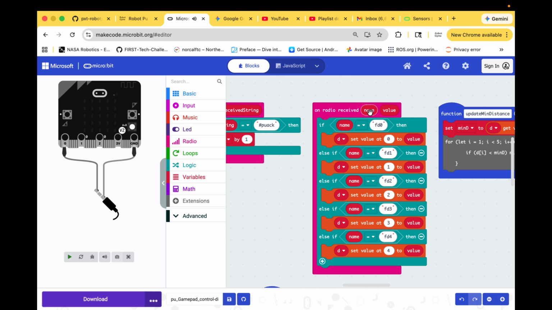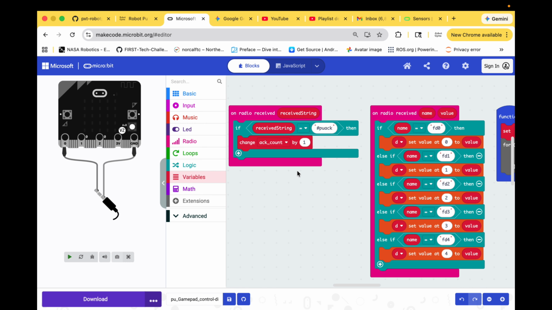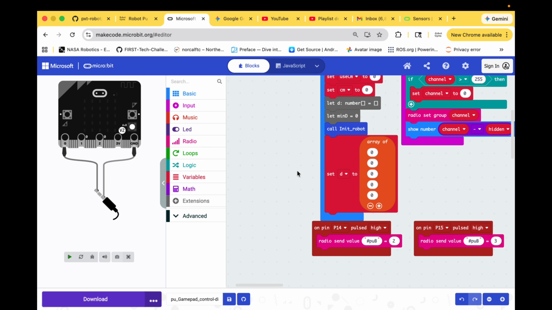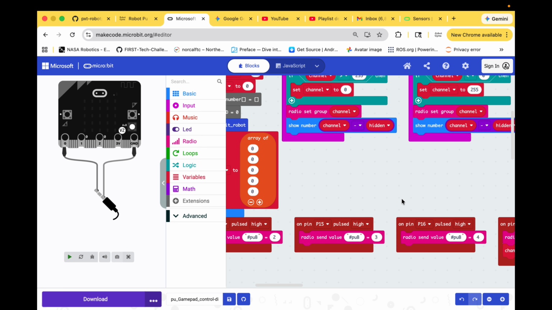Okay, so because in Robot Pew we send out a variable name fd0 followed by the value, when we receive this name and value pair, we assign it. Here we also create a variable called d. How do we declare it? The d is an array of 5 values, where each value is going to be shown at each column of the Gamepad